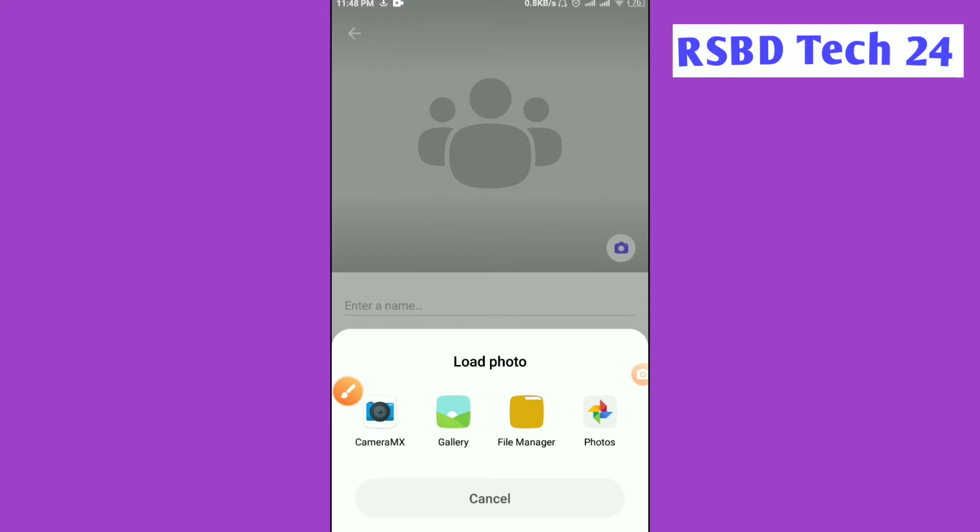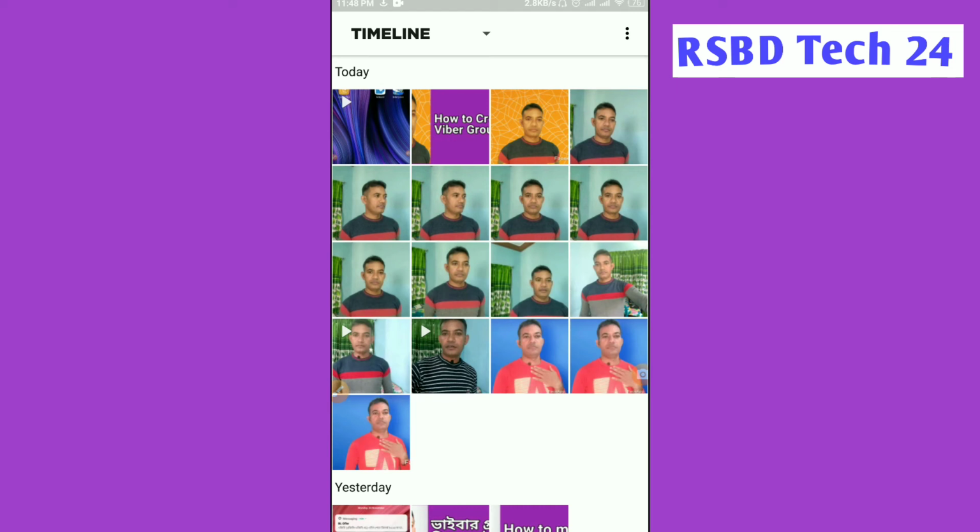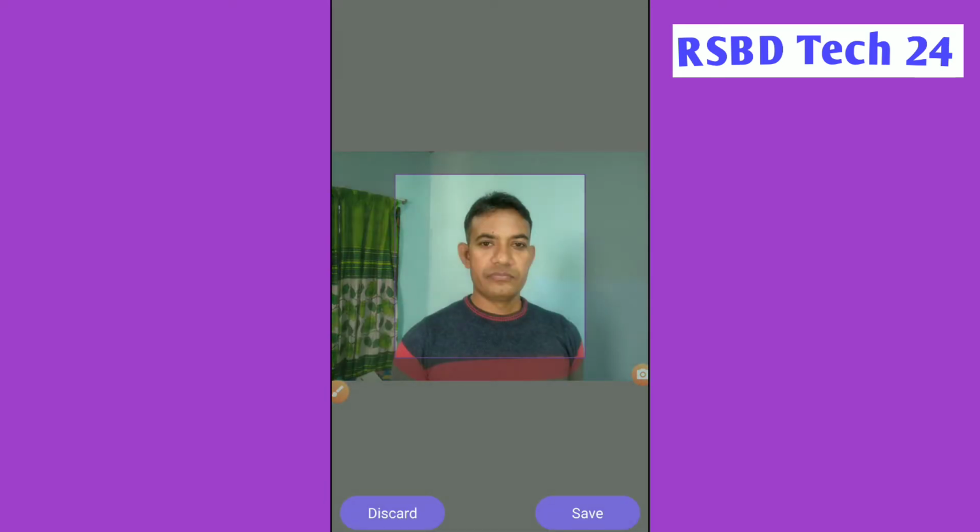For this reason I have to click camera max, and viewers, you are seeing here some pictures of mine, and I want to select one picture for this group photo, for a group. Viewers, I want to choose this photo for this group as a profile picture. For this reason I want to click here, and already it's selected here. You are seeing that photo already present here, and you can